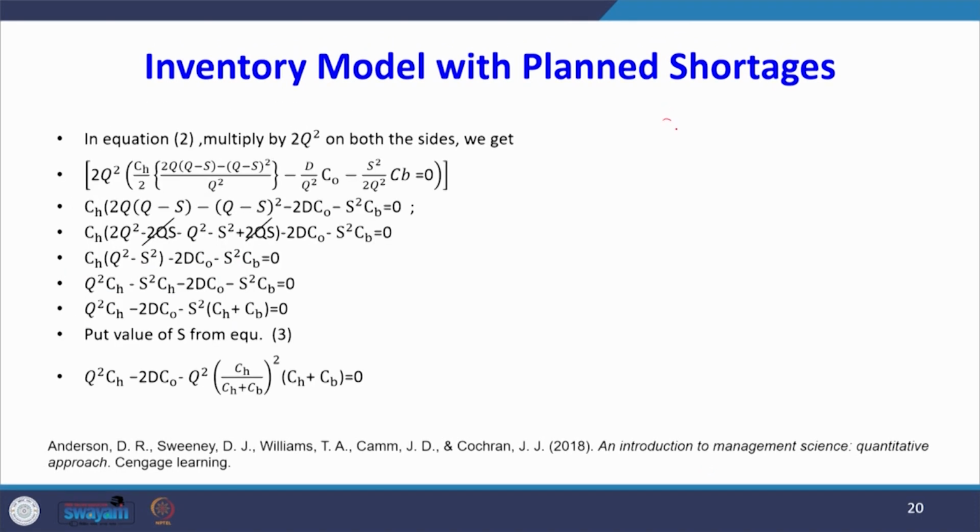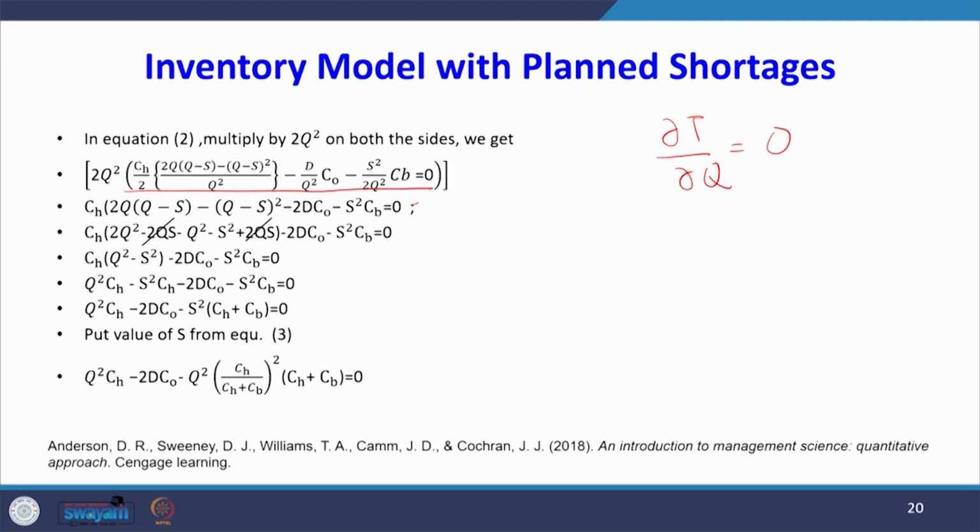So, del T divided by del Q equal to 0. So, we got this expression. What is this expression? It is our del T by del Q. This expression I am going to multiply by 2 Q square on both sides. So, when I multiply on both sides, what will happen? 2Q square and 2Q square will be there, only CH 2Q and Q minus S will be there, minus Q minus S whole square, minus 2 D CO, minus S square CB equal to